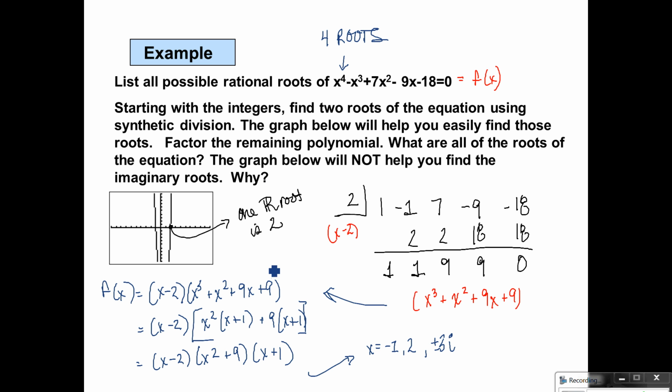So I know for sure from this graph that one of my real roots is a 2. I also would have pulled that out from the possible rational root theorem, because I have factors of 18 over factors of 1, the 1 out front. So it would be positive or negative 1, 18, 2, 9, 3, 6. I think that's all of them. So without the calculator, you'd have to say, well, let's choose a 9. Let's choose a 3. Let's choose a negative 1 and synthetically divide one by one